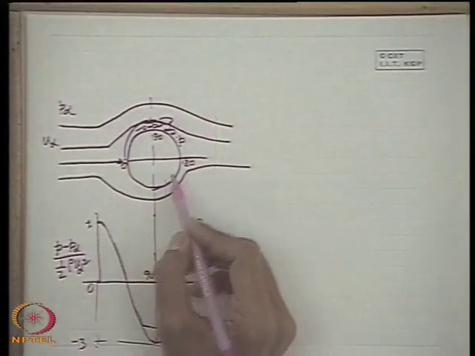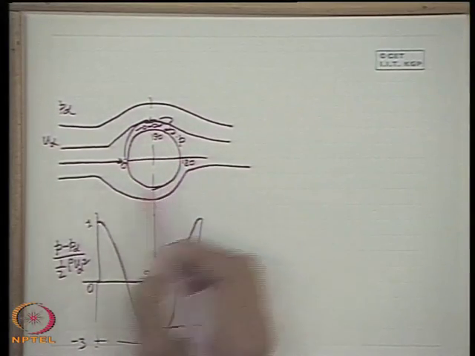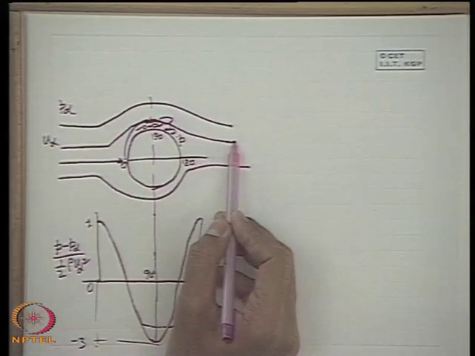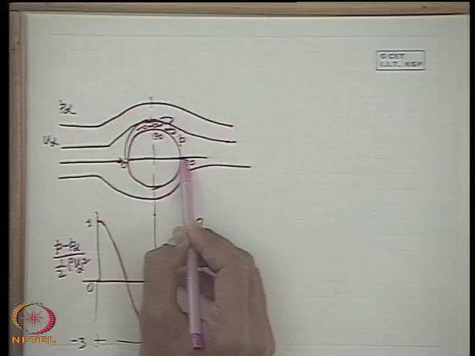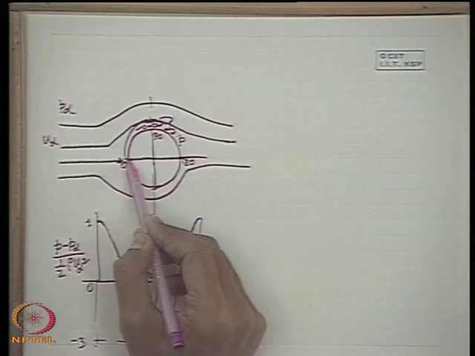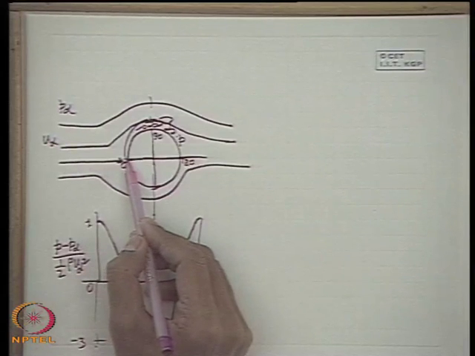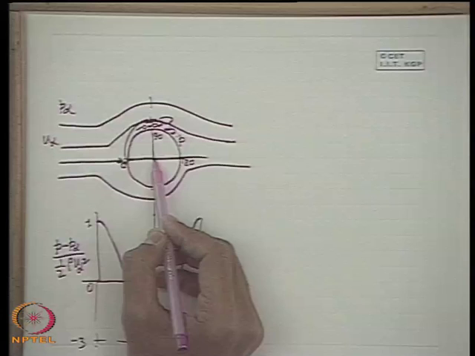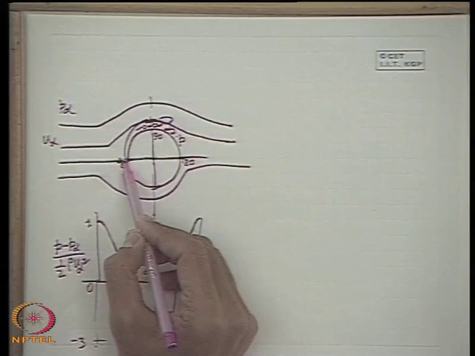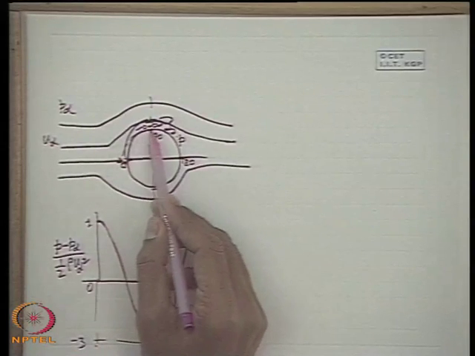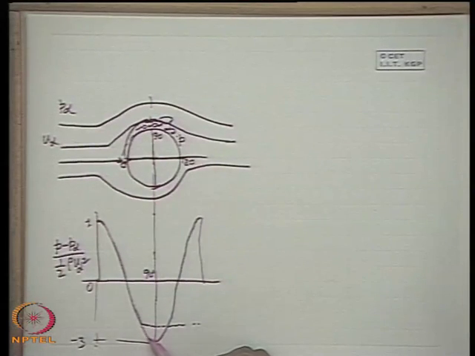Just take an example here. We are discussing flow past a circular cylinder. We know that in the case of an ideal, parallel flow past a circular cylinder, the flow is symmetric about both this and this axis. The pressure distribution is like that: from this point, this is the stagnation point where the velocity becomes 0, that is the 0 degree measured here in the azimuthal direction. As the flow approaches from 0 to 90 degree, on this half of the cylinder, it is an accelerating flow and the pressure is continuously reduced.